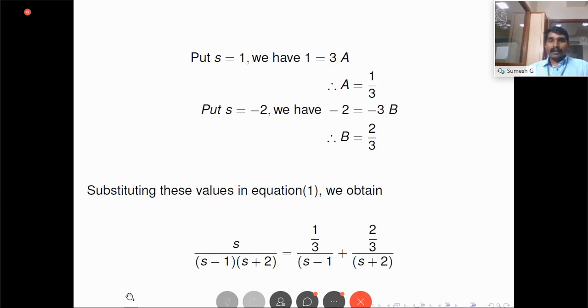But we have a shortcut method for finding the coefficients in partial fraction form if the denominator is a product of distinct first degree terms. All coefficients cannot be found using this shortcut method if any term is a power of first degree term or second degree. So this is applied only if denominator is a product of distinct first degree terms. It is explained in the next slide.